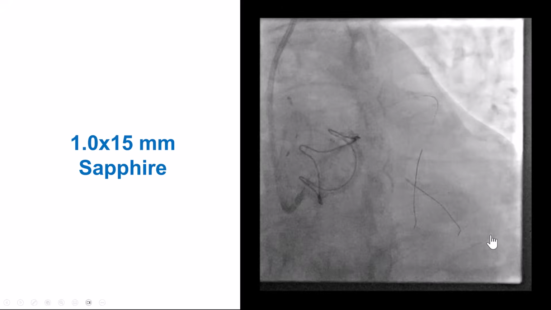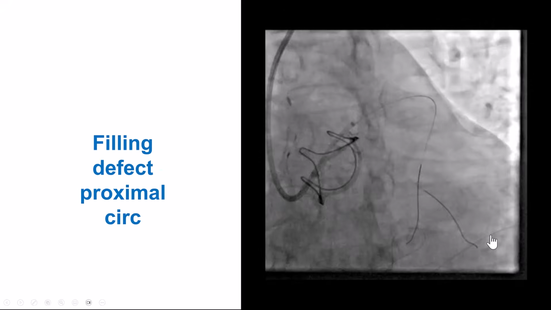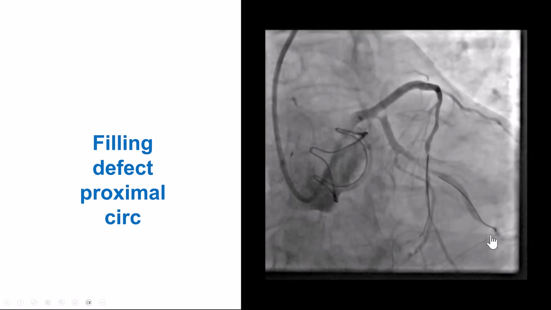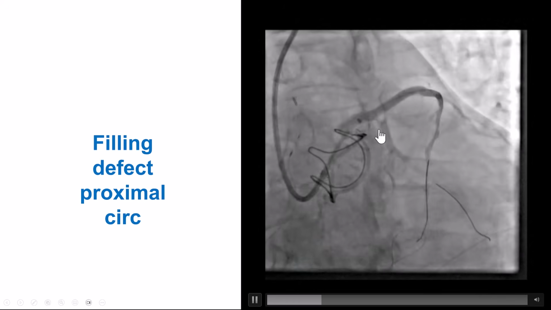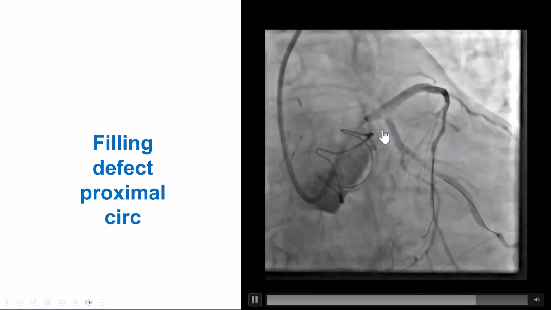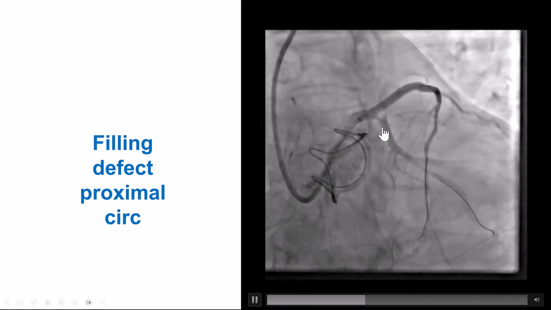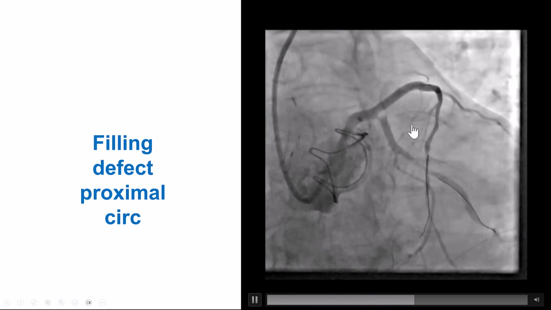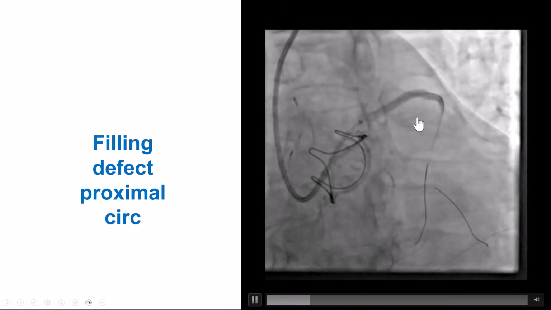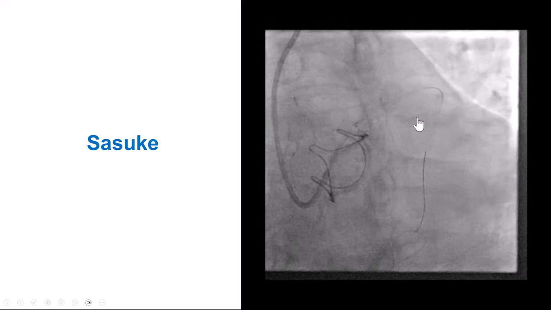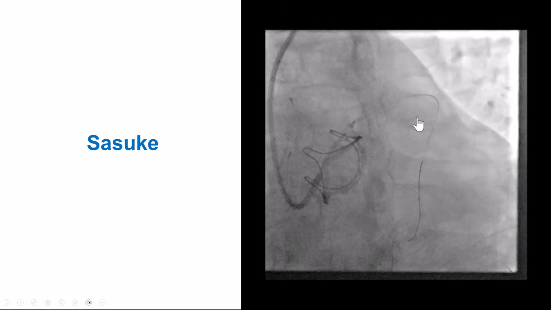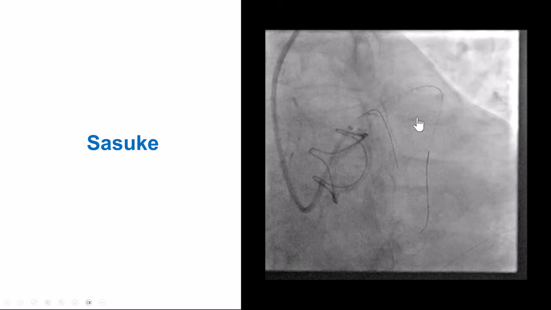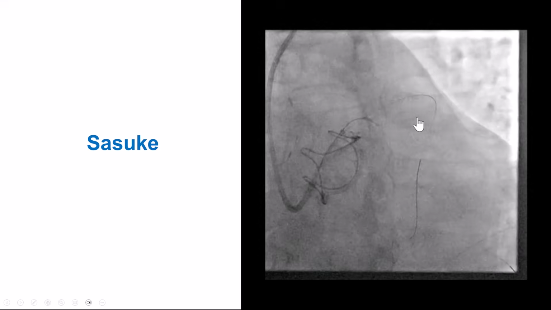Balloons would not go, but eventually a 1.0 millimeter balloon made it all the way and restored some flow. But now we still have a large filling defect within the proximal circumflex with poor flow down the branches, and we almost lost the first obtuse margin. So very challenging. And what made it extremely challenging in this case was the small guide catheter, the poor support